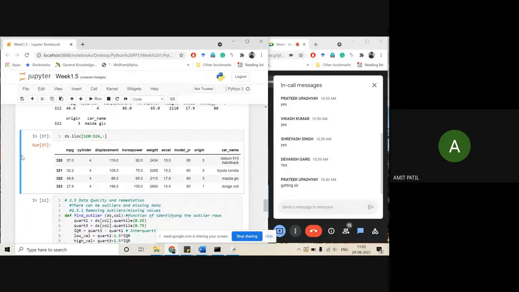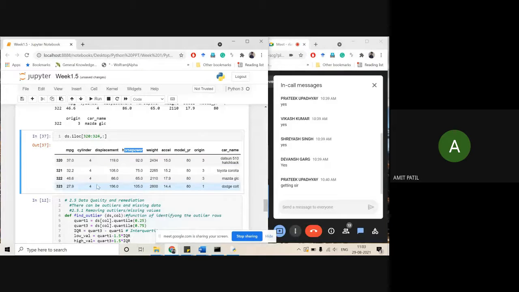When you compare horsepower, middle range cars like Honda City and Maruti Suzuki will have lower horsepower compared to Ferrari.